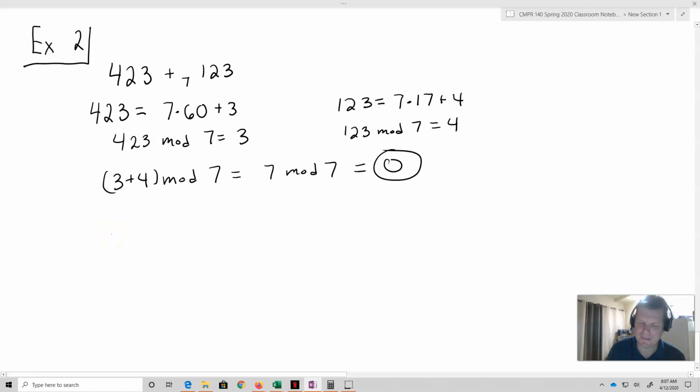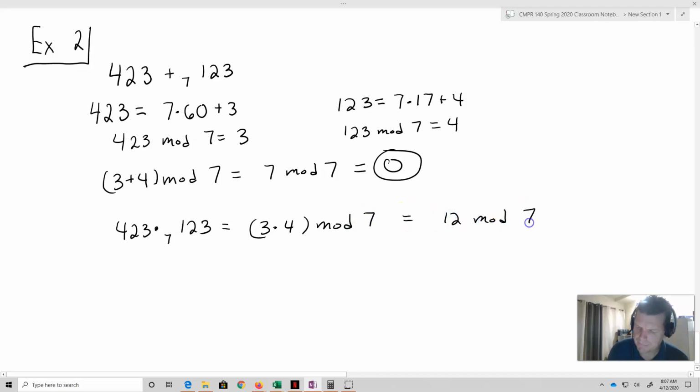All right, let's multiply them together. So now we take 3 times 4. So if we take 423 times 123 in modulo 7, that's going to equal 3 times 4 modulo 7, which equals 12 mod 7, which equals 5. And that's because 12 equals 7 times 1